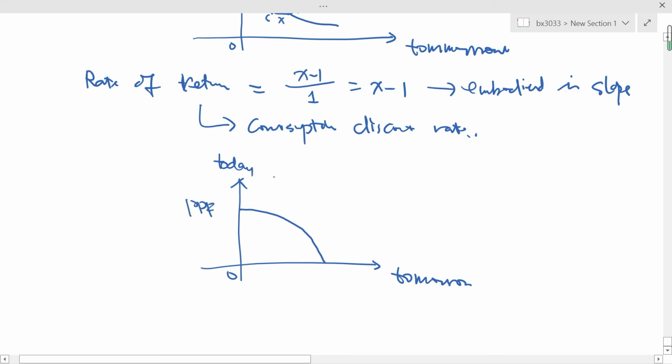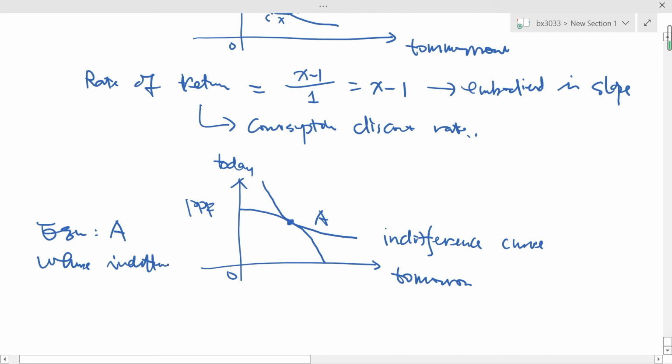Okay, so the equilibrium of the economy will be at the tangent point. Let's call this A. The economy has equilibrium at point A, where